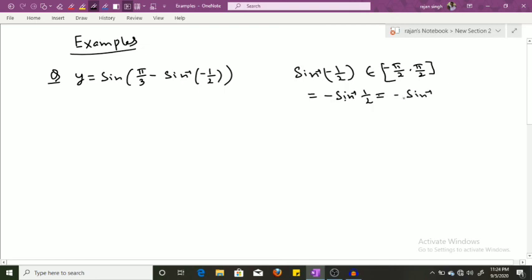Okay, so 1/2 is given. You have to think in terms of sine. Sine inverse is given, so we have to think in terms of sine. If cos inverse is given, we have to think in terms of cos. What is 1/2? 1/2 is basically sine 30 degrees. 30 degrees means pi/6.